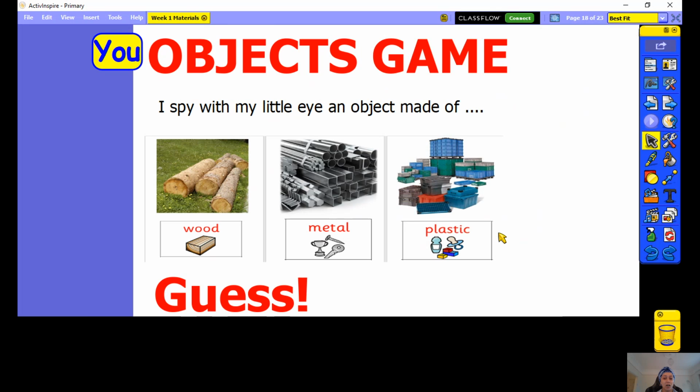So we're going to play an object game. Because we're not together in the classroom, but you are at home, you might see so many objects made out of one material and maybe not the other, but that's absolutely fine. I'm going to say I spy with my little eye, and I'll name a material, and I would like you to have a look around the room and shout out the first object that you see made from that material. Are you ready? Good. I spy with my little eye something made of